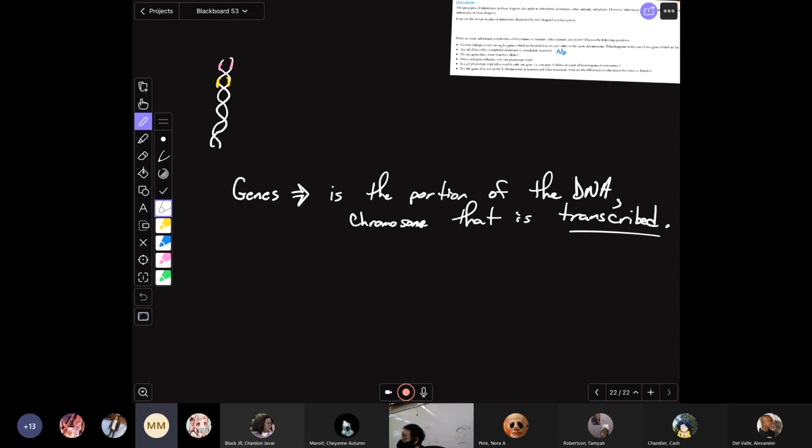The action is me painting the room. So the instructions of the gene are here in the DNA. What's the action? Transcription, which then for most genes leads to translation,